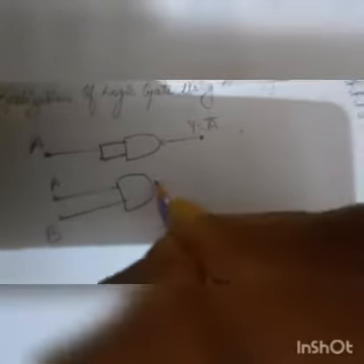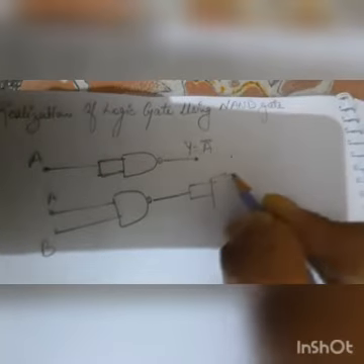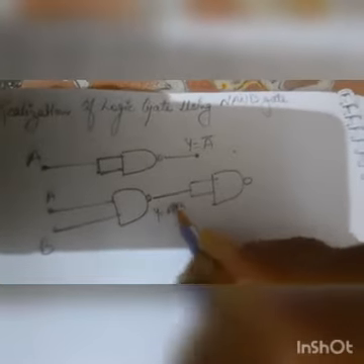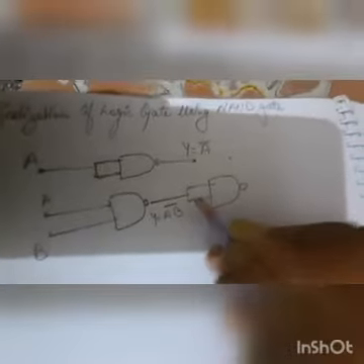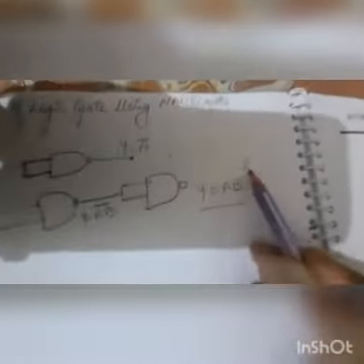The second gate we can make by giving two inputs A, B and by making NAND it shows output (AB) bar. Then if we invert it, y is equal to (AB) bar, then after inverting we get y is equal to AB. So what we have made is an AND gate.